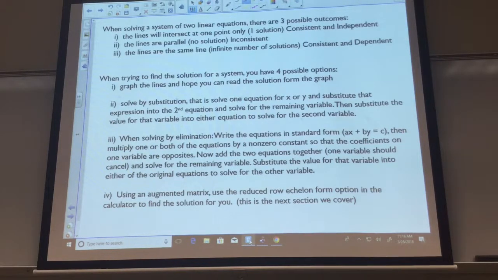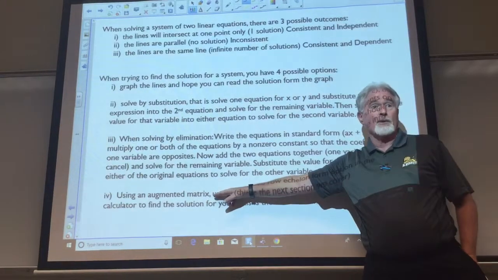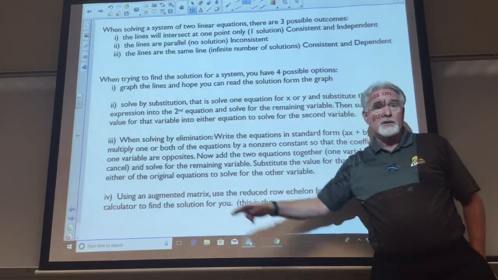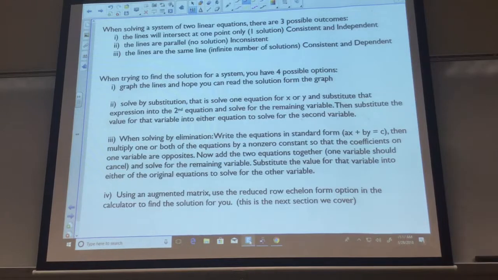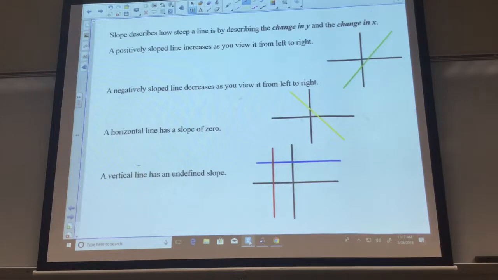Okay? Now, eventually, we get to the calculator side of things, which is an augmented matrix, which is something we haven't even learned about in the calculator yet. Some of us have never seen a matrix, so we wouldn't have any idea what it is. So that's going to be all new, fresh material. But solving systems by hand and graphing, some of us have some backgrounds with. Okay, so let's look at what kind of exercises we might see. The author expects you have a little